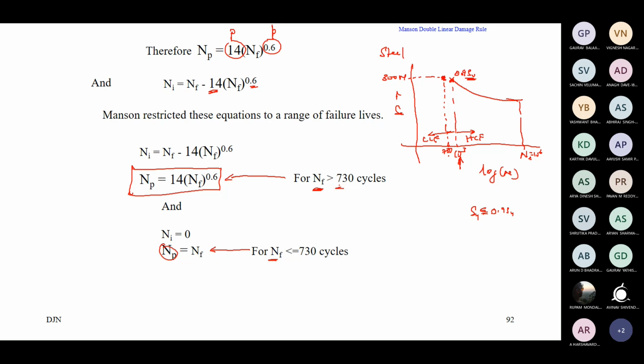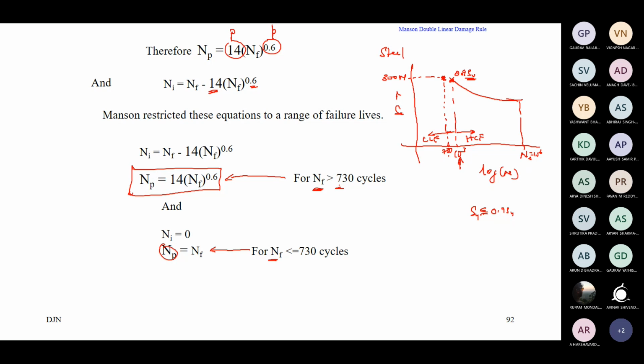So if you operate the component at a stress value near the yield, that means there is plastic behavior. Plastic behavior means a crack has already initiated. Only then, with plasticity, the component will not regain its original shape and size. So beyond the elastic limit, even in the partially elastic region, there is some problem.